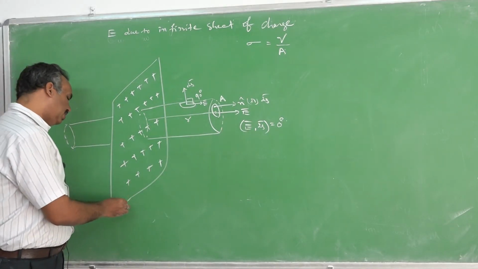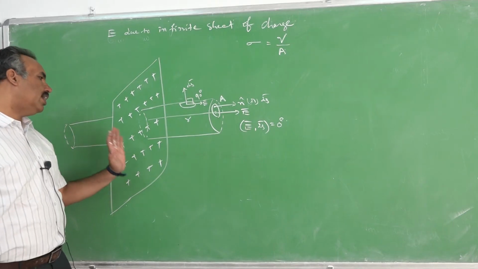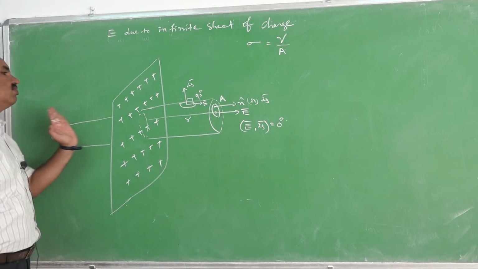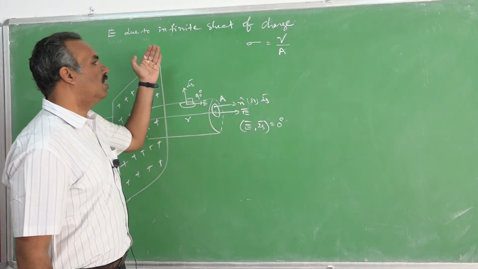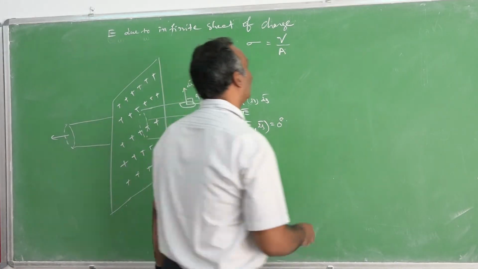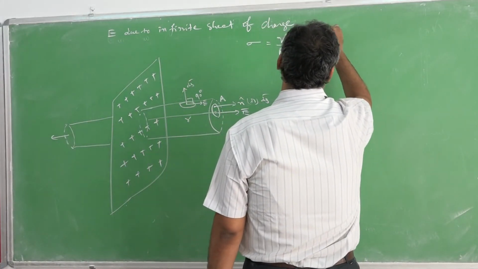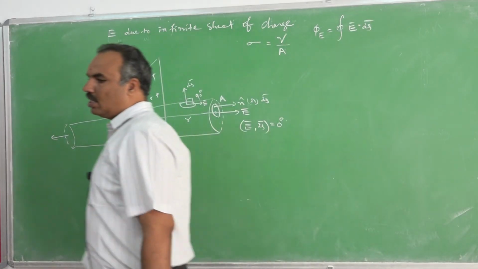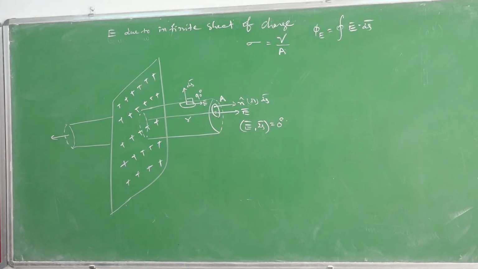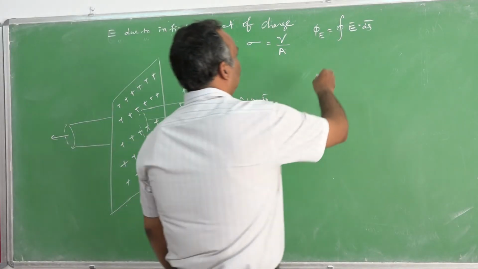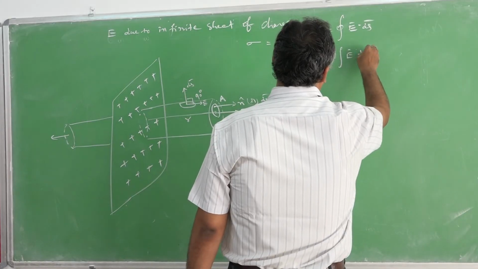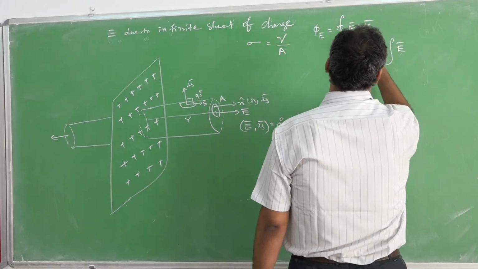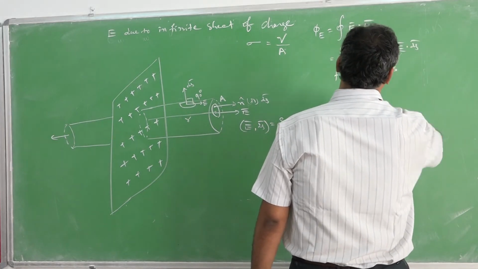Generally, the sheet I am considering is a non-conducting sheet. For a non-conducting sheet, charge resides on either side. Hence, flux will pass through this flat surface as well as this flat surface. No flux will pass through the curved surface. If I want to calculate electric flux here, it is a closed integral E bar dot ds bar. Again, we need to split this integral into two parts: integral E bar dot ds bar over flat surface, and integral E bar dot ds bar over curved surface.